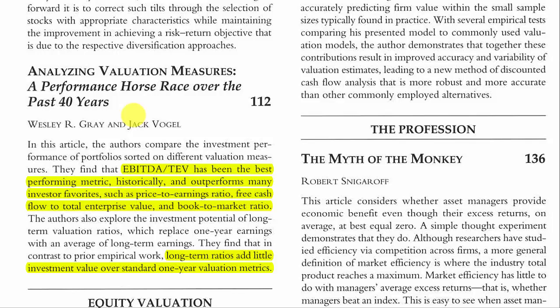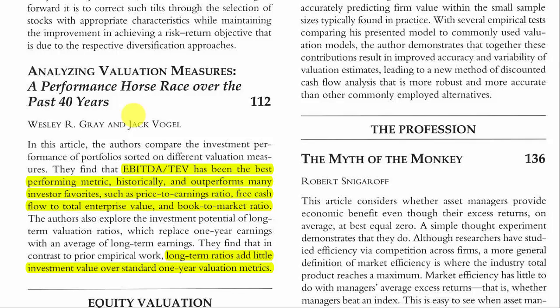They look at some of the most popular metrics, and find that the EBITDA to total enterprise value multiple, essentially just the enterprise value to EBITDA flipped, has been the best performing metric historically, and quote, it outperforms many of the investor favorites like the PE and the free cash flow to enterprise value, as well as the book to market ratio, which is a favorite among academics. The other big conclusion associated with their study is that long-term ratios add little investment value over standard